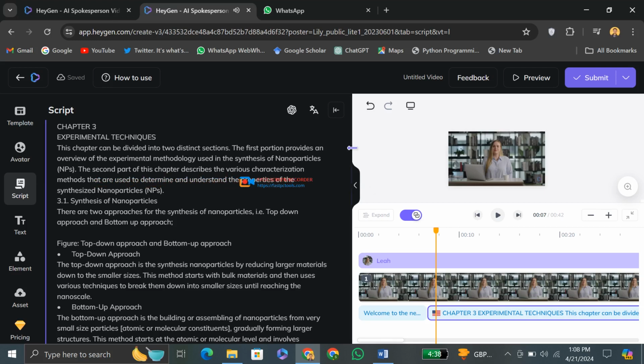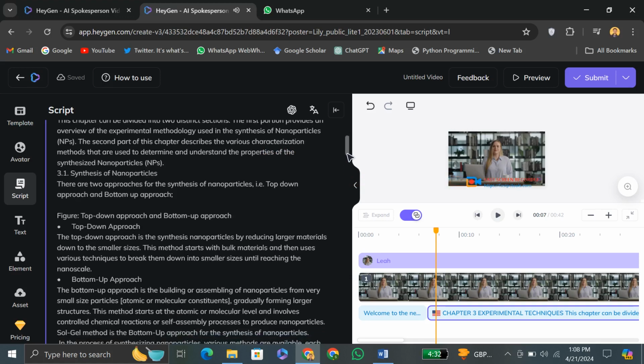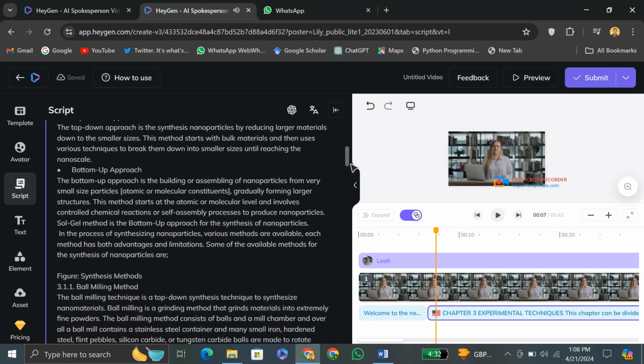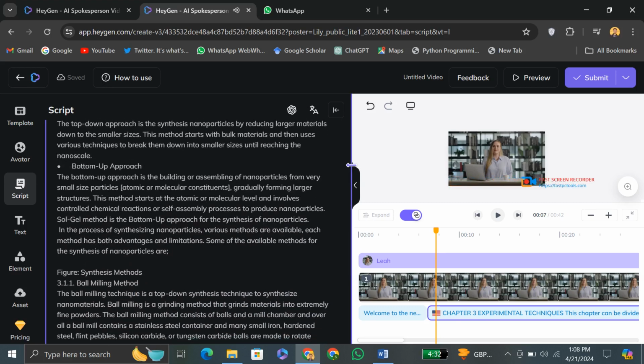3.1. Synthesis of nanoparticles. There are two approaches for the synthesis of nanoparticles, i.e., top-down approach and bottom-up approach. Figure: top-down approach and bottom-up approach. Top-down approach. The top-down approach is the synthesis of nanoparticles by reducing larger materials down to smaller sizes. This method starts with bulk materials and then uses various techniques to break them down into smaller sizes until reaching